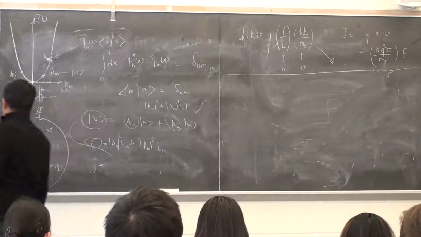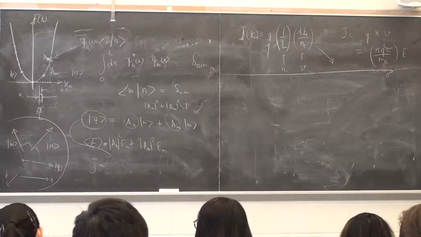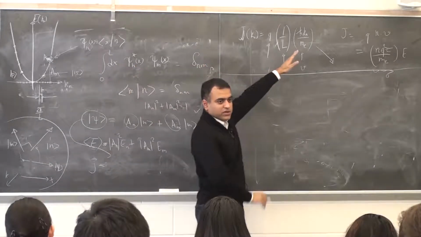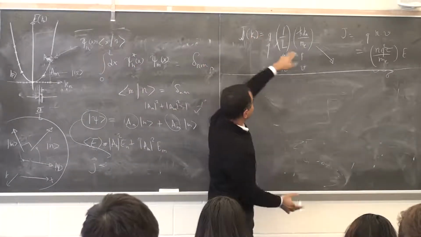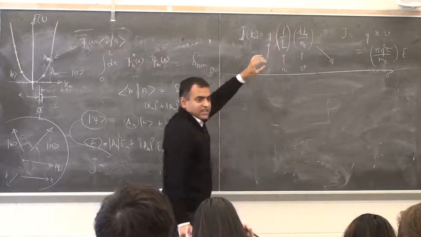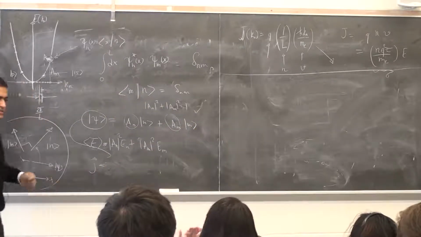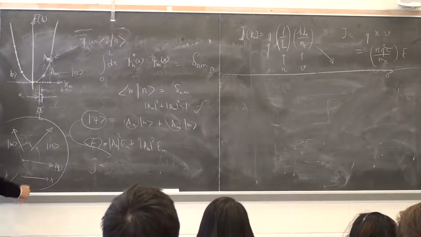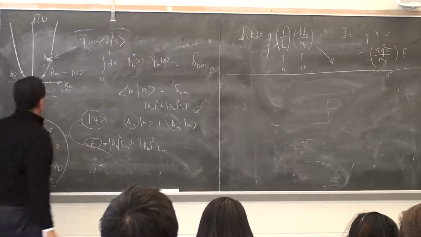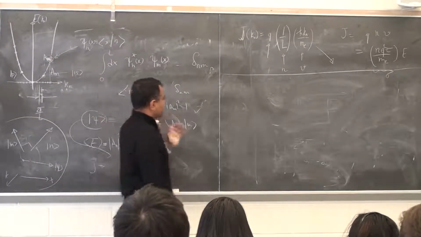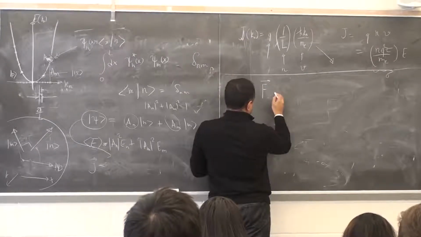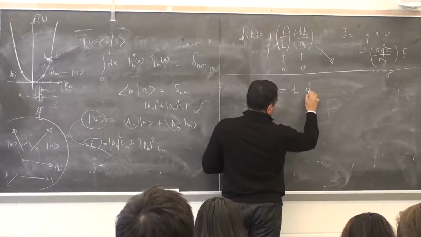To go there, the first thing we need to do is introduce something. If I had one electron carrying current, that's all, end of story. There's nothing else to do. The electron is moving like that, and as long as you know its k, you can find its current density and the current, right? Now, why would the current flow in the first place? That's one of the interesting questions. The current would flow because maybe you have applied an electric field or a voltage. When you apply a force on an electron state, this is a relation I'm going to write down. We are not deriving it in this class, but this is the quantum mechanical